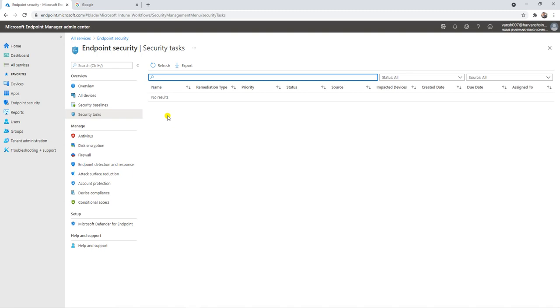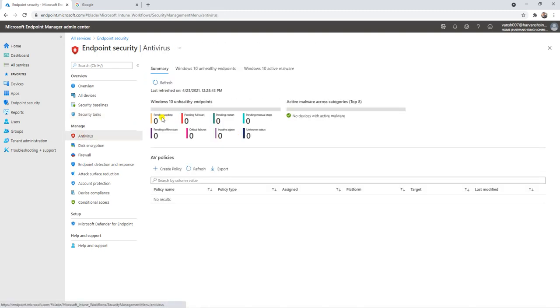When you learn about Windows Defender, then you can easily use it. So this is the antivirus status: how many pending updates or pending full updates there are. Because when you enable Windows Defender ATP, there will be a daily virus signature update to your end user machine. So that kind of detail you can get from here, like how many pending updates, how many full updates, or pending restarts, or pending manual steps. You can get complete details here when you enable Windows Defender.